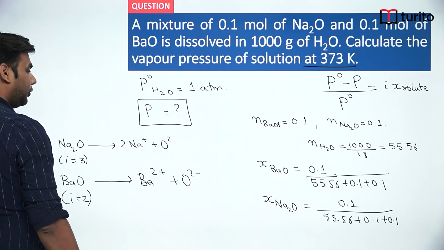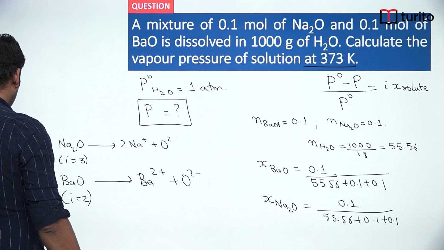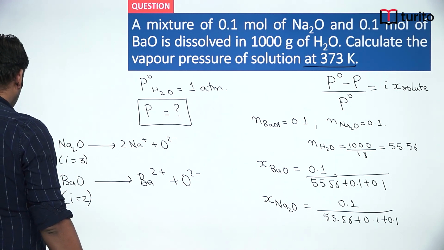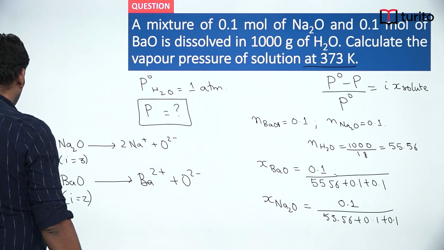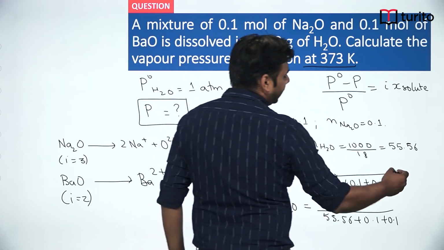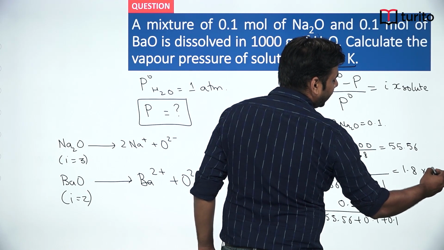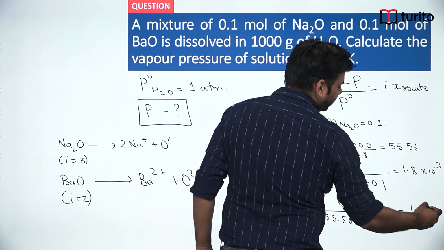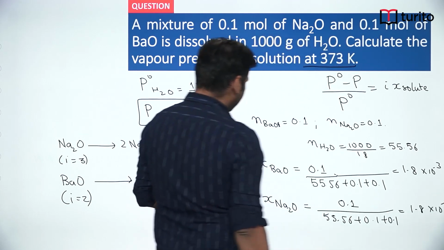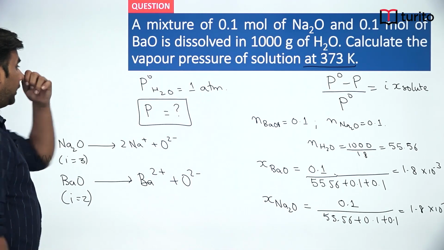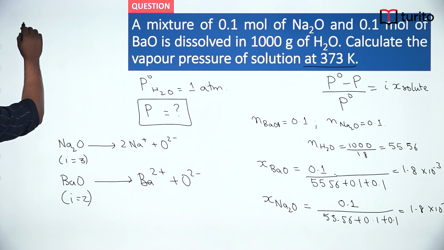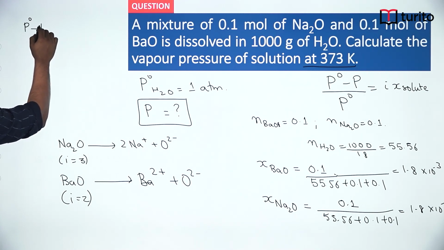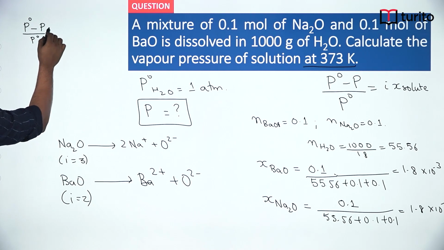So this value will come out to be 1.8 into 10 raised to minus 3. So this is basically 1.8 into 10 raised to minus 3. Okay, so we knew the mole fraction of these solutes. Now we know that the vapor pressure, P naught minus P upon P naught, was equal to mole fraction